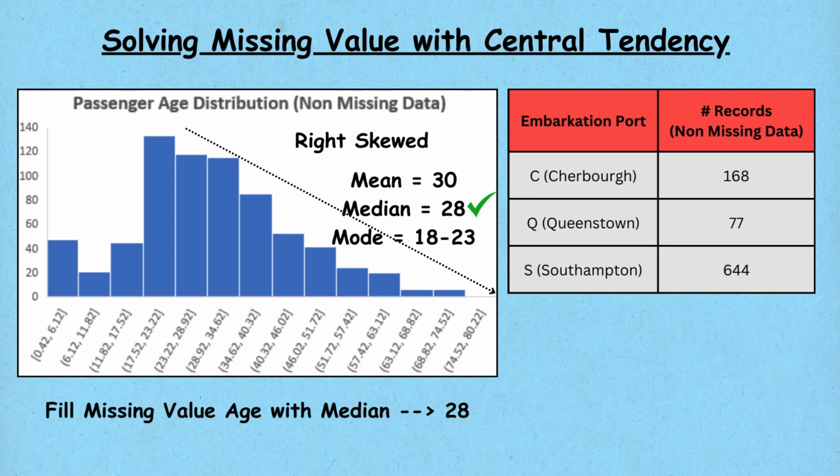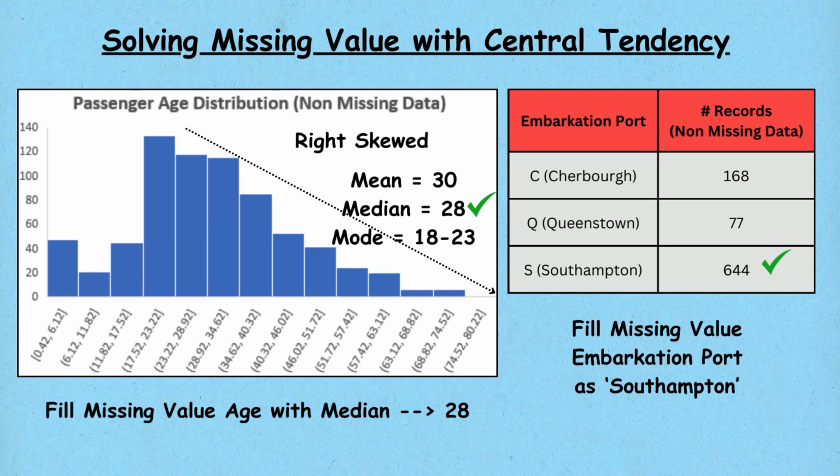Next, let's talk embarkation port. We'll use the mode to find the most frequent value, and guess what? Southampton takes the crown. So, we'll fill the missing embarkation port values with Southampton. With these missing values filled, we're all set to move forward and start uncovering some exciting trends from this Titanic